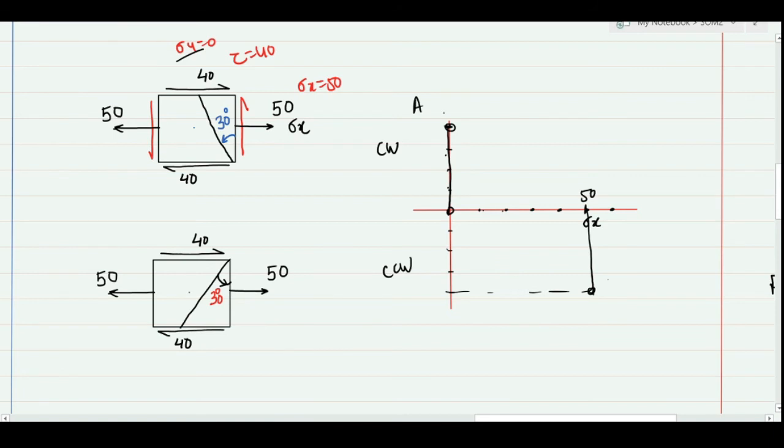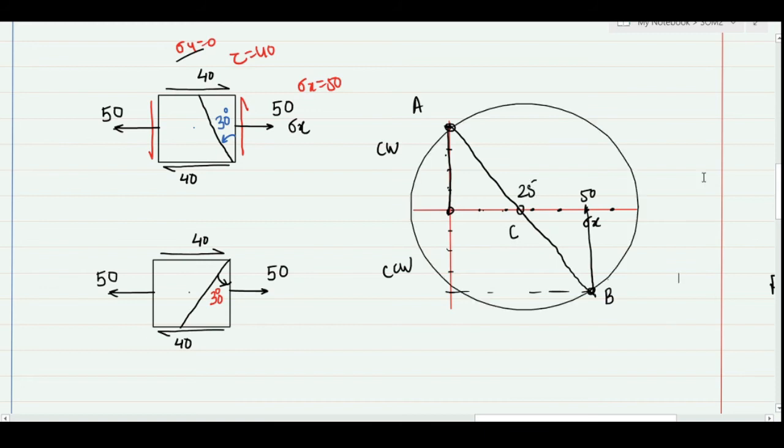So I will make a downward line of 40, and this would be my second point. Now I have the diameter of my Mohr circle. I will make a line. This would be the center of my Mohr circle, and we can see that this is of 50, so it will be 25. So this would be my Mohr circle, and these two extreme points correspond to the principal stresses sigma P1 and sigma P2. The topmost point corresponds to the maximum shear stress, and the bottom point also represents the maximum shear stress.